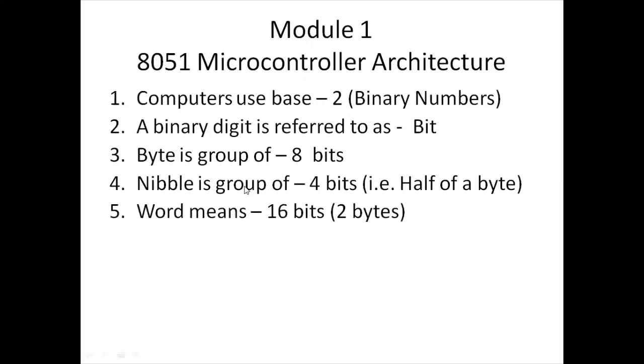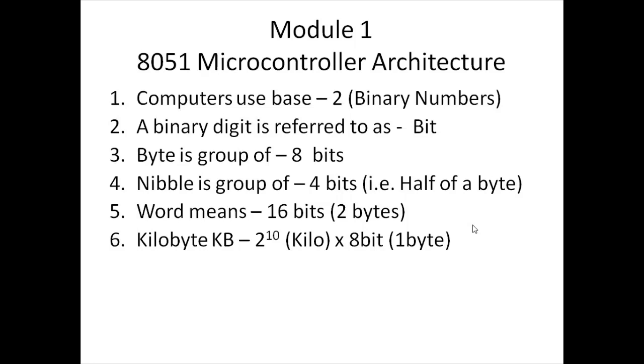These are very important when you talk about data processing units. So we generally have the byte, which is a group of 8 bits, but you should know what a nibble is and what a word is. You even have a double word, which is 32 bits. That means 4 bytes.